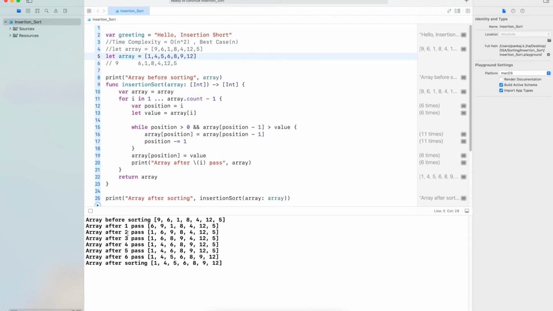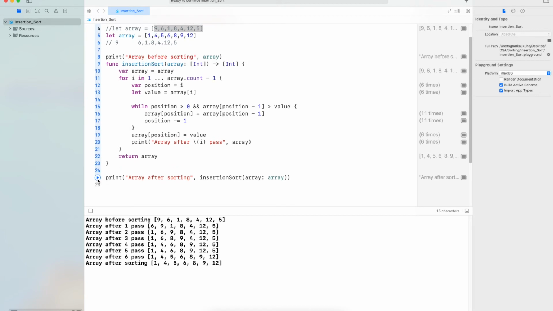Right now, in the previous example, how many passes were we having? 1, 2, 3, 4, 5, 6. So there were n minus 1 passes. After n minus 1 passes, the array was sorted. But if we pass an already sorted array, that makes the best case scenario.